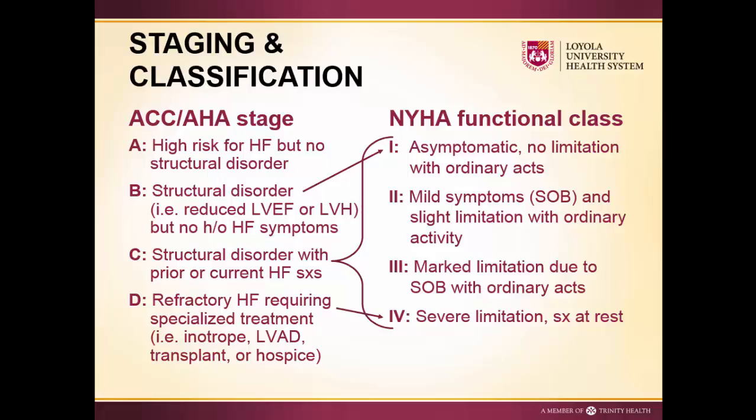Once a patient has developed symptoms, they progress to stage C, and then depending on their level of compensation, those patients, as you can see by the brackets, can be NYHA class 1 through 4, really depending on how well their blood pressure, their rhythm, and their volume status are controlled. Once a patient shows that they're failing their conventional medications and their conventional device therapies, and they're having either frequent hospital readmissions or evidence of low cardiac output, that's when we say a patient has graduated to